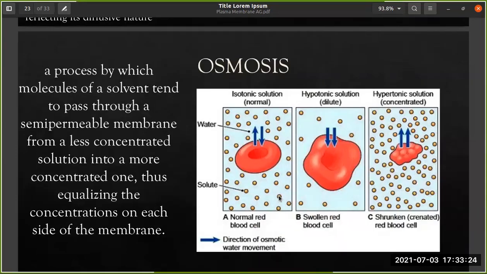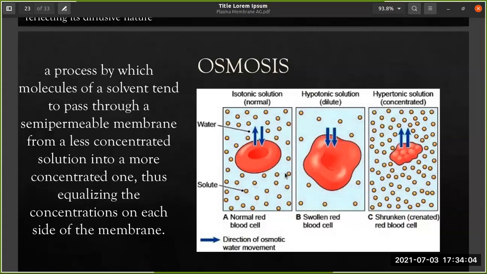Then the next is osmosis. Osmosis is like how you make a rasgulla. What you do is, inside the chena you put a solid sugar ball inside, and you boil it in water. Suddenly, since the solute concentration is high inside the chena, all the water starts to enter and the rasgulla becomes fluffy. So this is how rasgulla is made.